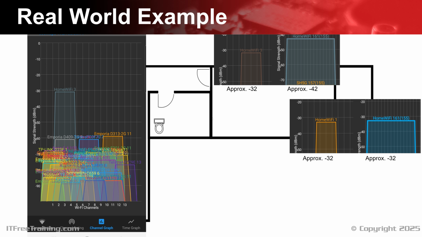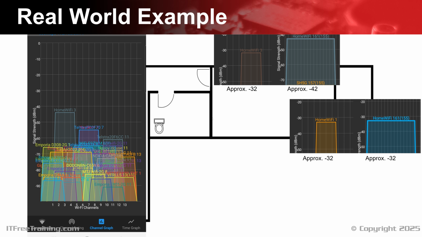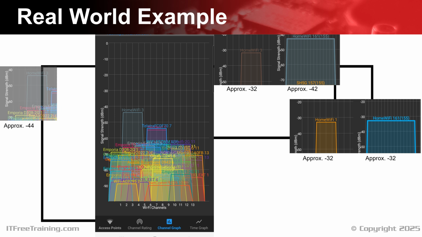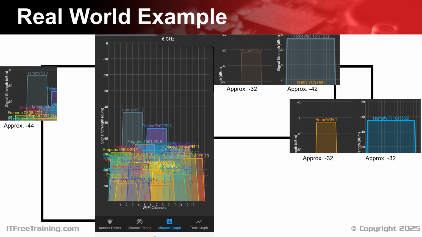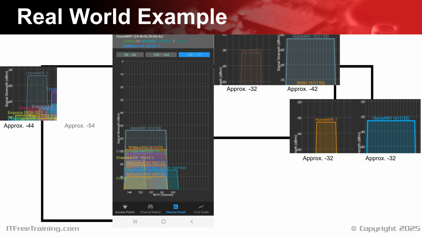I've sped the video up a little bit, but you can see it takes time for the signal strength to come down. So before you take your reading, make sure you give it time for the reading to settle. Otherwise, the reading won't be accurate. I will now add this value to my map. I will now select the 5 GHz band. The signal strength is starting to reduce and getting closer to the strength of the other nearby Wi-Fi access points. I will add it to the map.